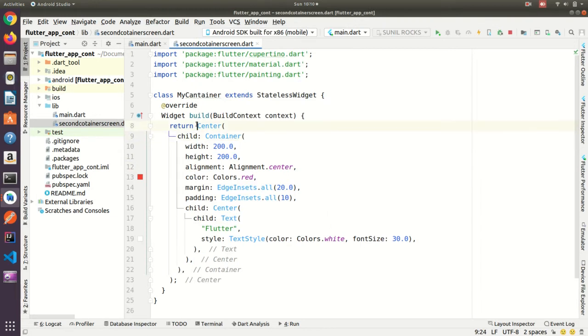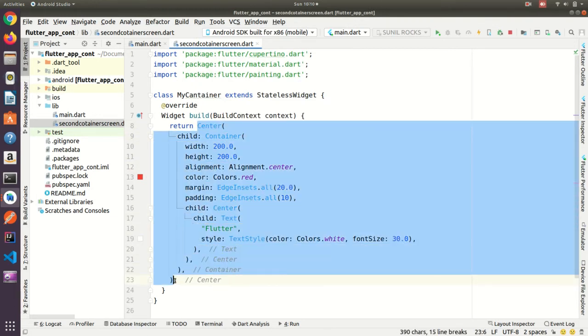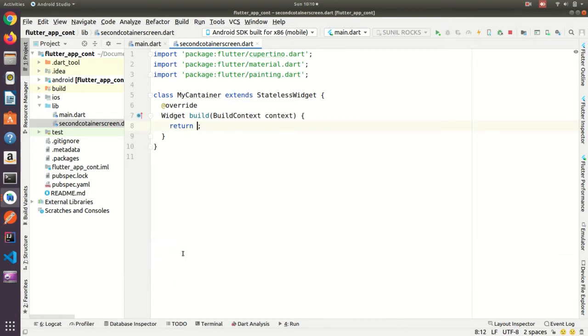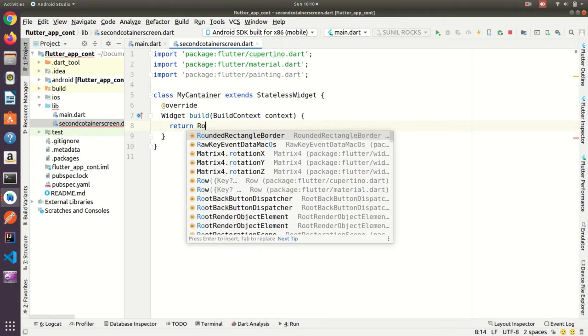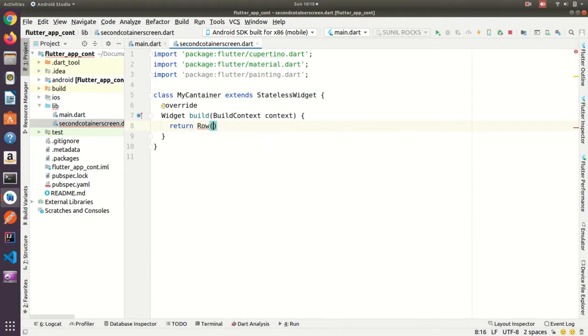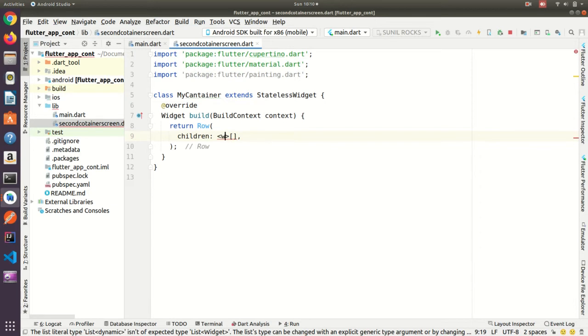So what we can do here, first we cut all this view that we have written for the container. While we are returning, we need to write row here. Inside row we have children, and in the children we have a list of widgets, an array.